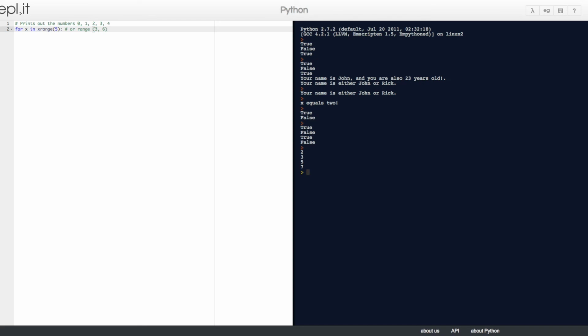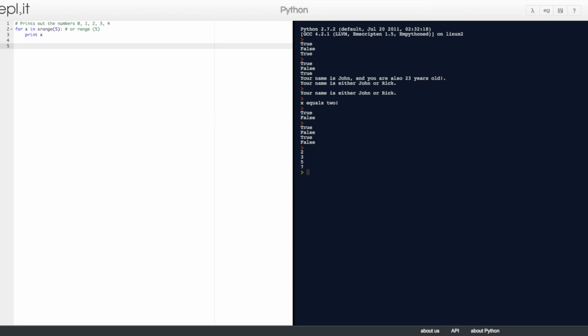No, excuse me, I just jumped the line here. Or range 5. So they're basically equivalent. Okay, yeah. So we want to print x. So for x in xrange of 5, we want it to print x.